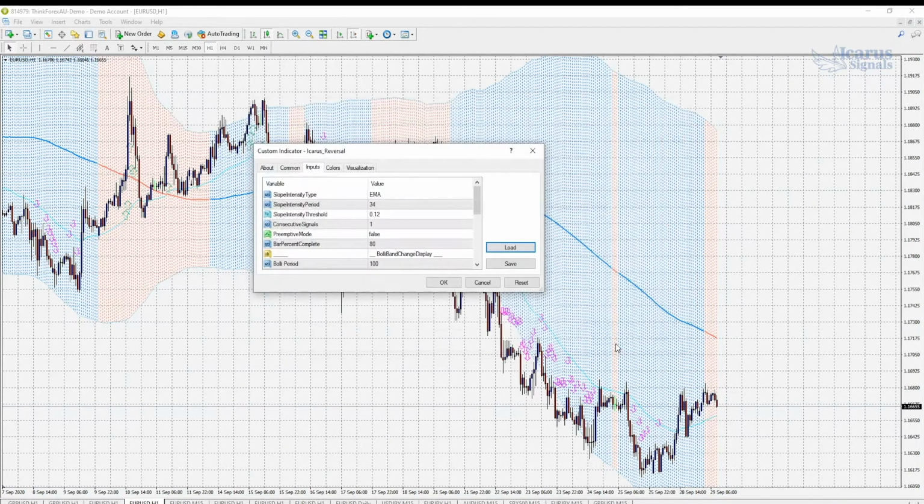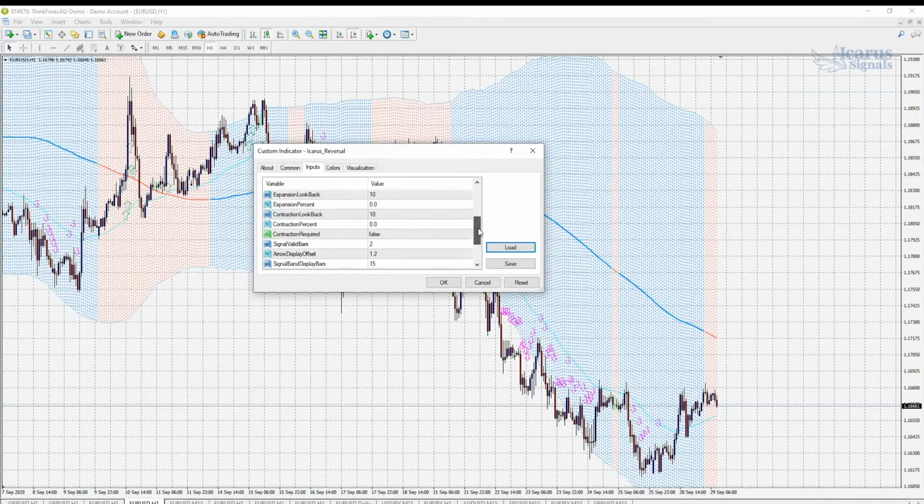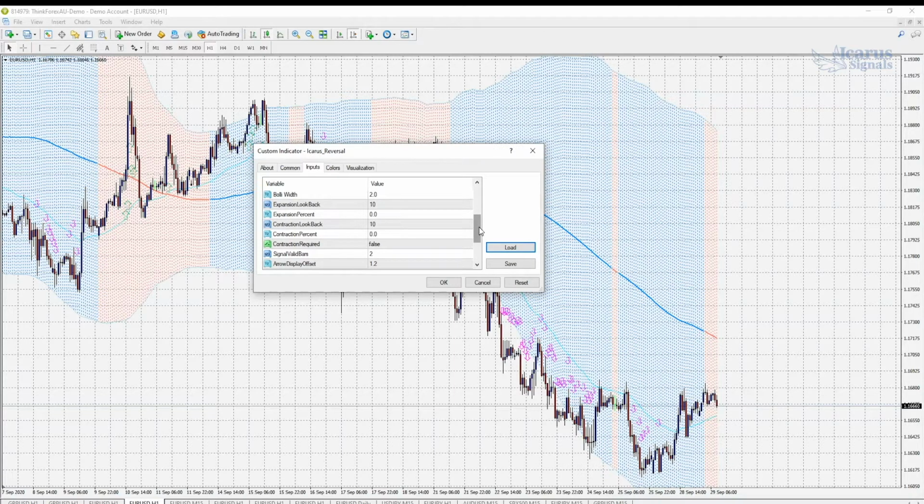I'm just going to drop this on here. We're going to load up the standard setting for reversals, which we've got preset in our settings here. Preemptive mode's also turned off, and contraction is not required. Again, the reversals indicator talks to the BolliBand Change Display indicator, and it will also adjust its appearance based on the environment, which in this particular case of the reversals can be turned on and off for contraction of the